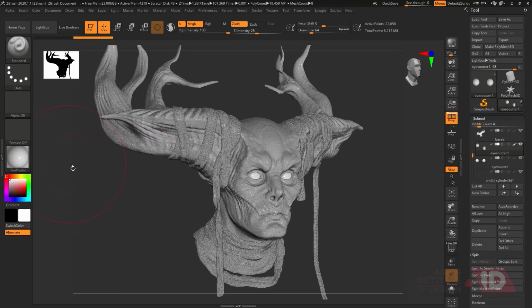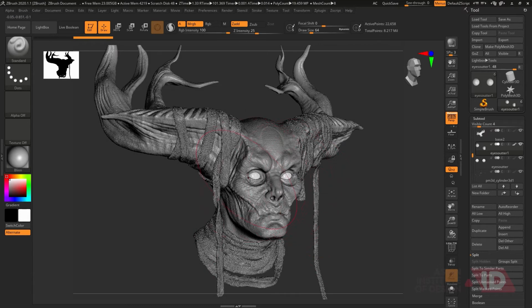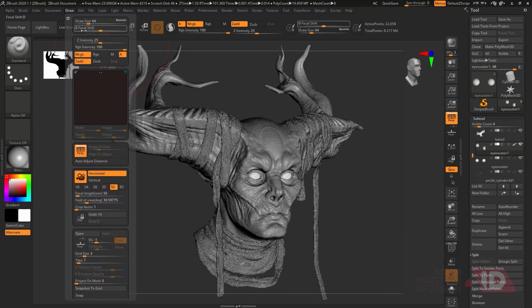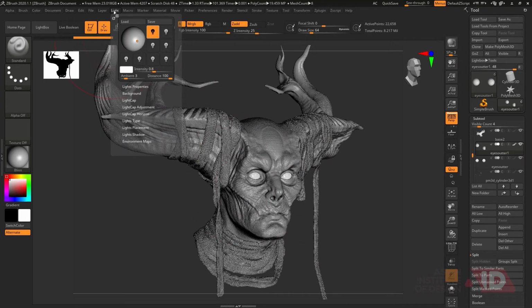Click multiple times, sometimes it doesn't work, so click multiple times, then go back to your default blend. So that material is applied to your eye right now. So now you can check the kind of reflection you want for your eyes.